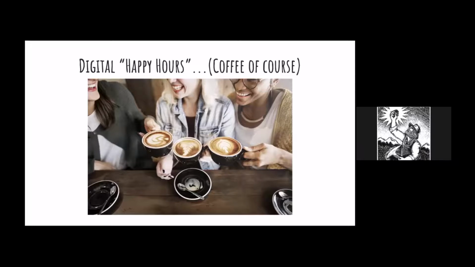Or bring a book with you to your next digital happy hour, and let's talk about something that we're reading over time. Bring a song, bring a movie, bring whatever the case may be, and we can turn these digital platforms that we have access to with students into something that we can use to interact.